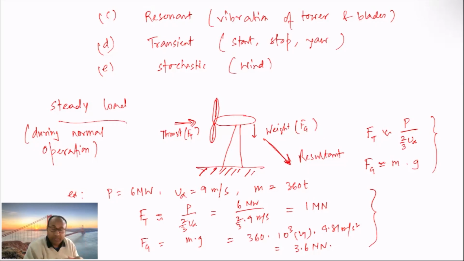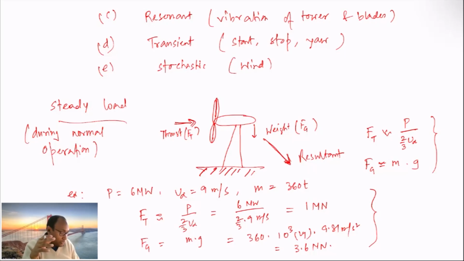It's a simple example, and we are using a simple expression of the thrust, and obviously thrust includes all the details. So this is what the whole unit in total is exposed to. Obviously, the horizontal axis wind turbine exposure is much higher than the vertical axis wind turbine. One of the primary reasons is that the vertical axis wind turbine is very small in size.